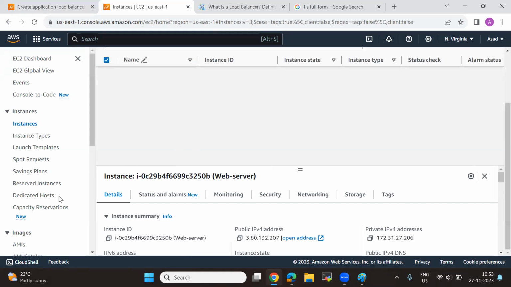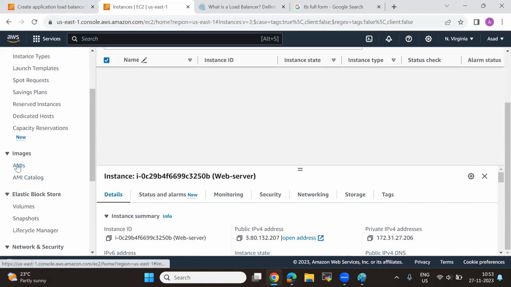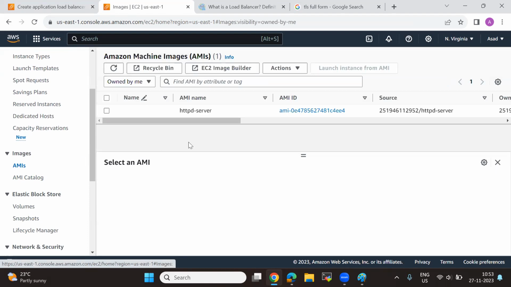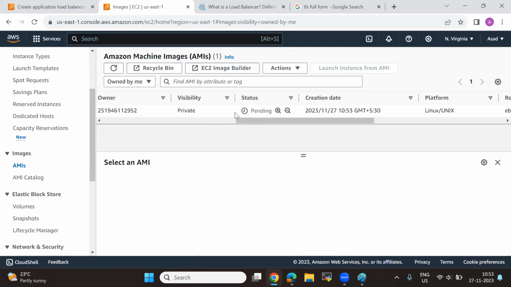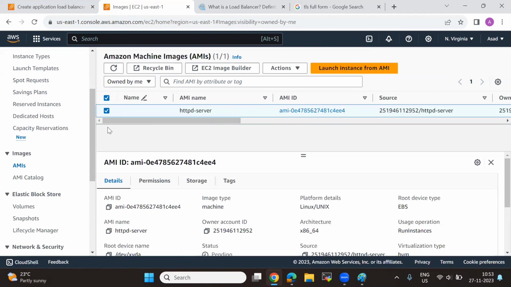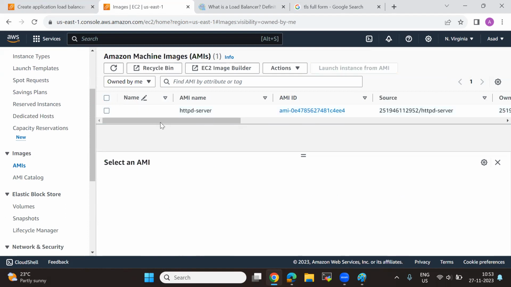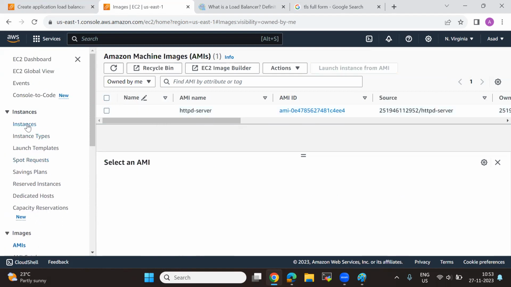If we go to the AMI, Amazon Machine Image, this is the one I just created. It's in the pending state. Once it is available, only then I can start using it. So if you go to the instances,